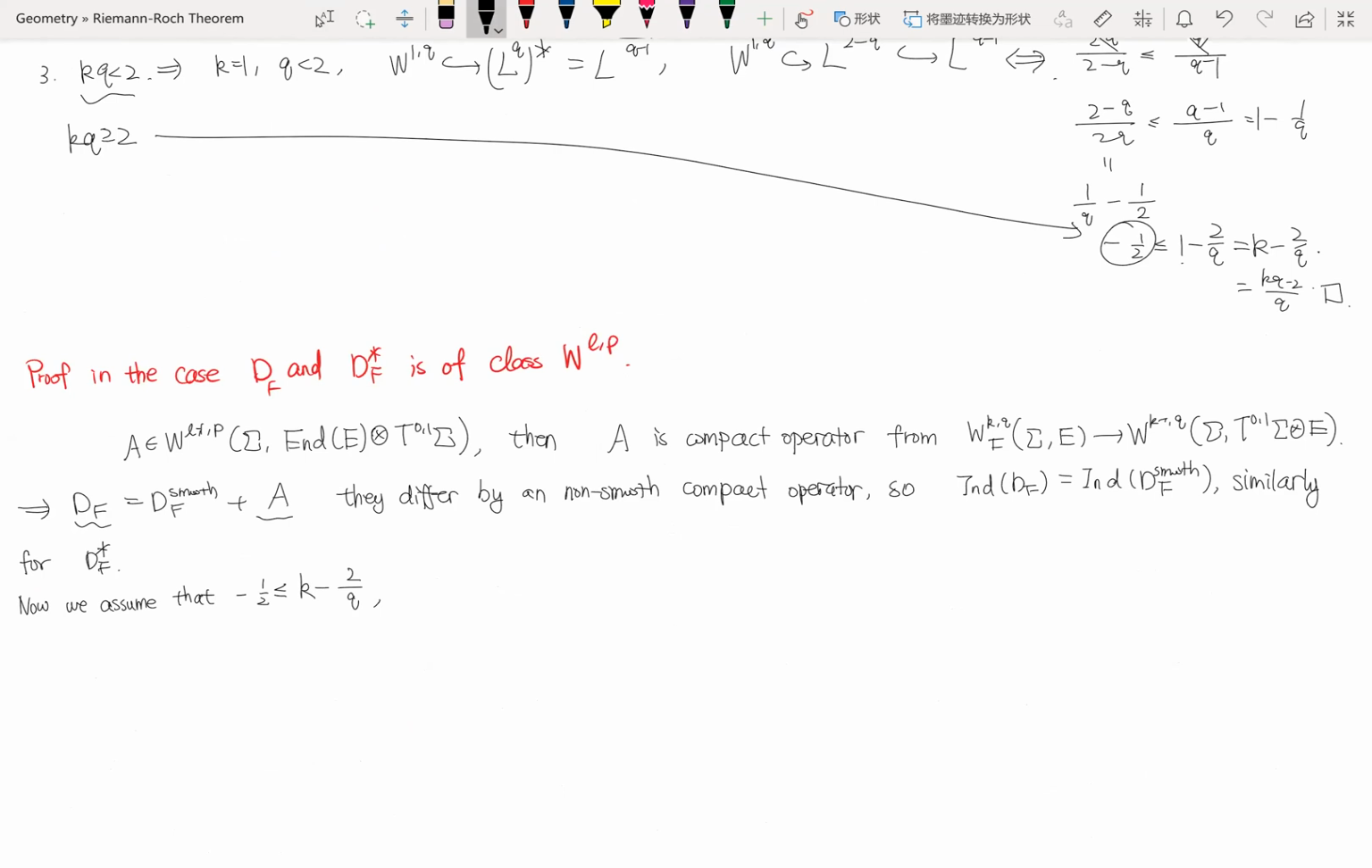So yes, we need to establish the decomposition. That is, k minus 1 of q with values in differential forms will be isomorphic to the kernel of df star direct sum with the image of df. And in order to achieve this, we need to see that